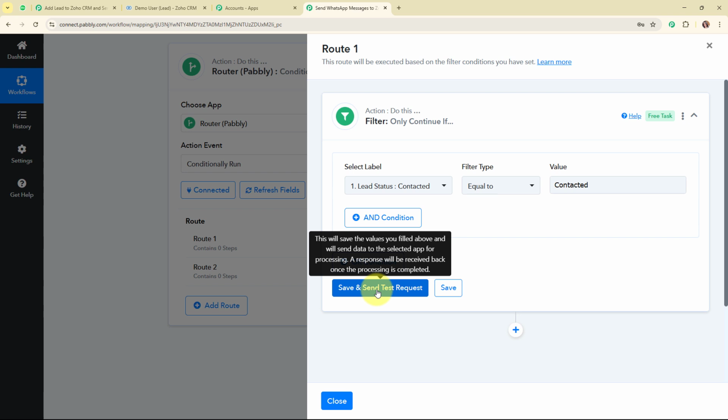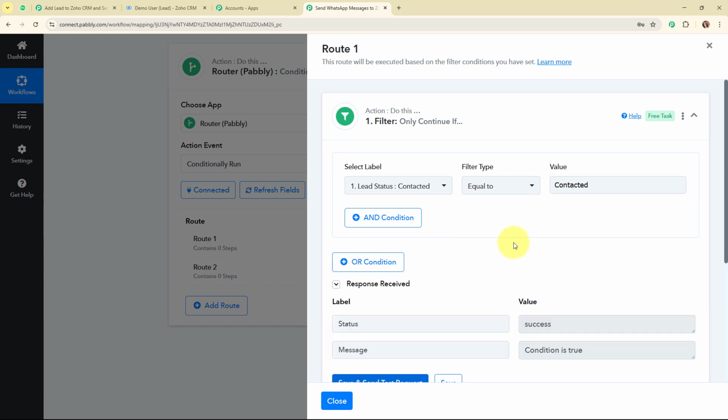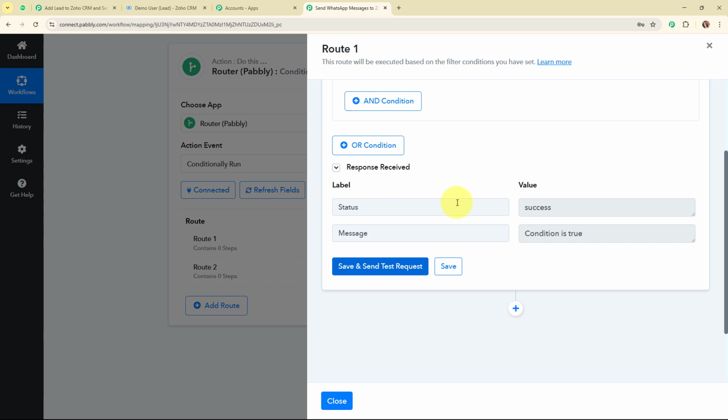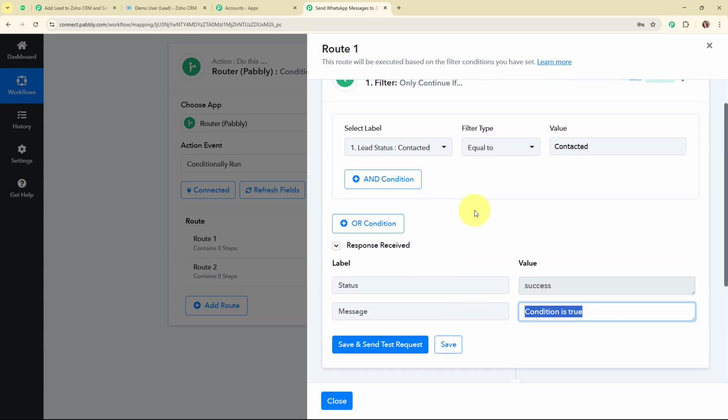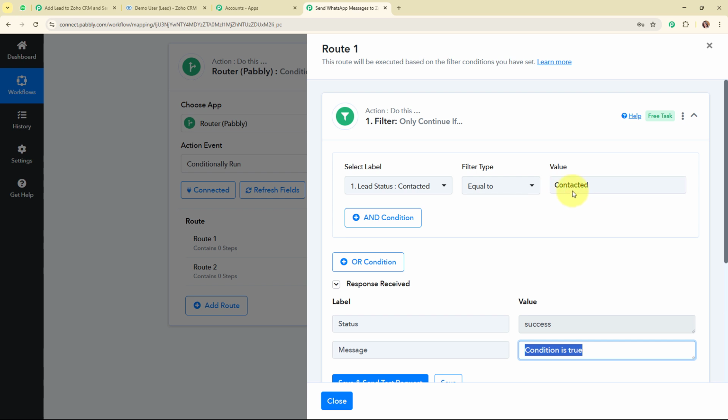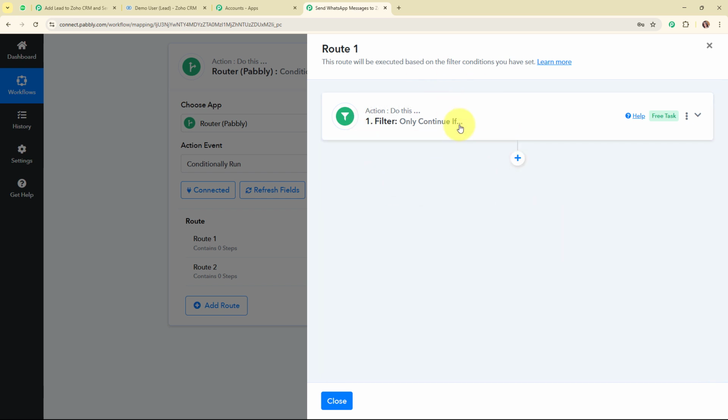and send test request. But let me tell you that you can add more AND or OR conditions in your filter as well. So we are going to click on save and send test request, and here you can see we have received a successful response, where we have received the status as success and the message as condition is true, because we have received the lead status as contacted only. Alright, so with this we have successfully set up this condition, and now after passing this particular filter condition,